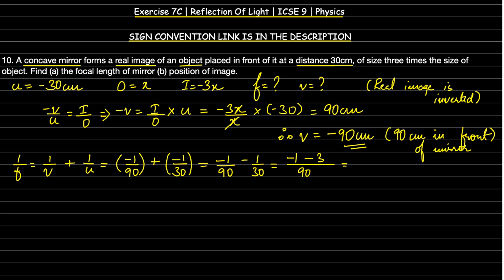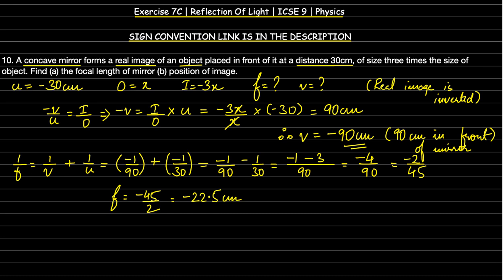So we get it as minus 4 divided by 90 over here. Now if we cancel this, I get it as minus 2 divided by 45. 2 into 2 times is 4 and 2 into 45 times is 90. So we have got minus 2 by 45. So focal length is going to be equal to minus 45 divided by 2, which is nothing but minus 22.5